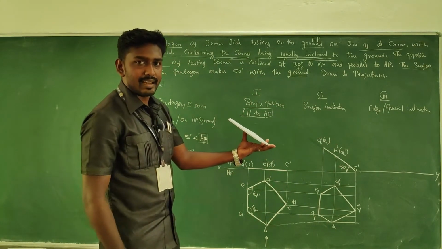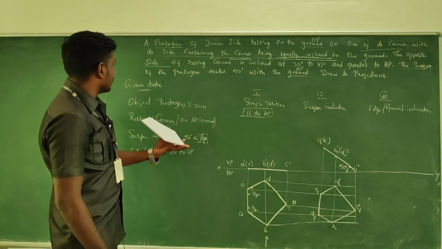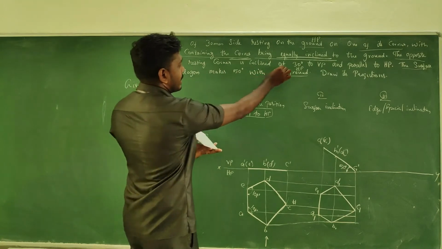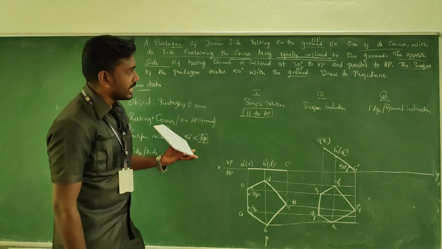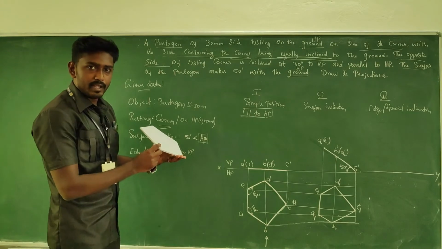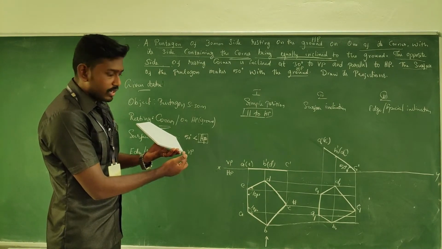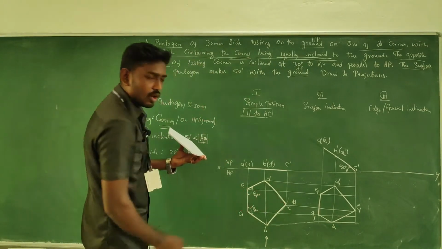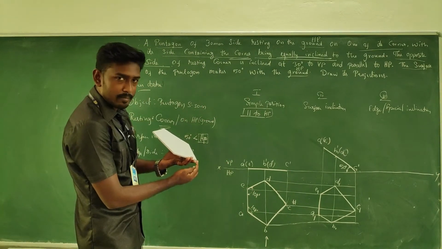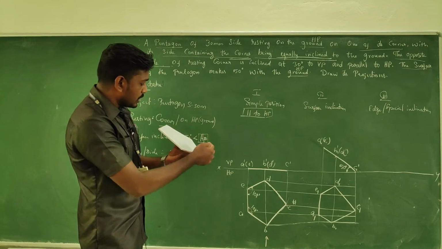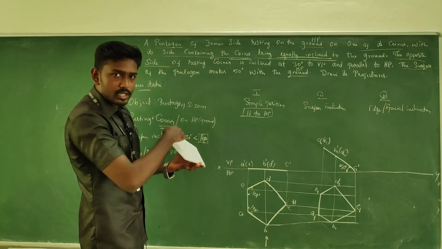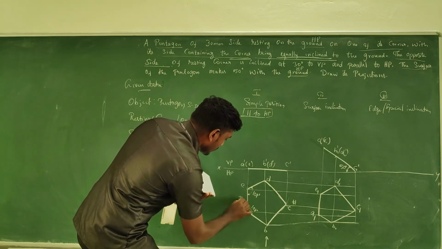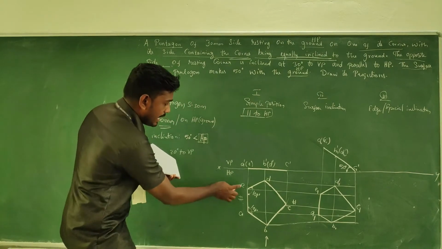So now the object is exactly like this. See the condition here, what is given. The opposite side of the resting corner is inclined at 30 degrees to VP. That means the resting corner is here. That means C, the side opposite to the resting corner. Okay, this corner is C. The side opposite to the resting corner, for which this is the opposite. Am I right? So here I can say this is the resting corner, so this would be the opposite side. That means AE